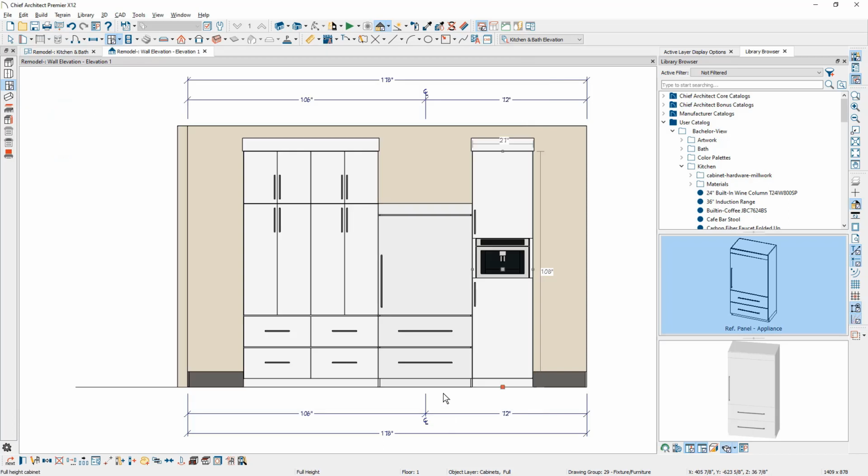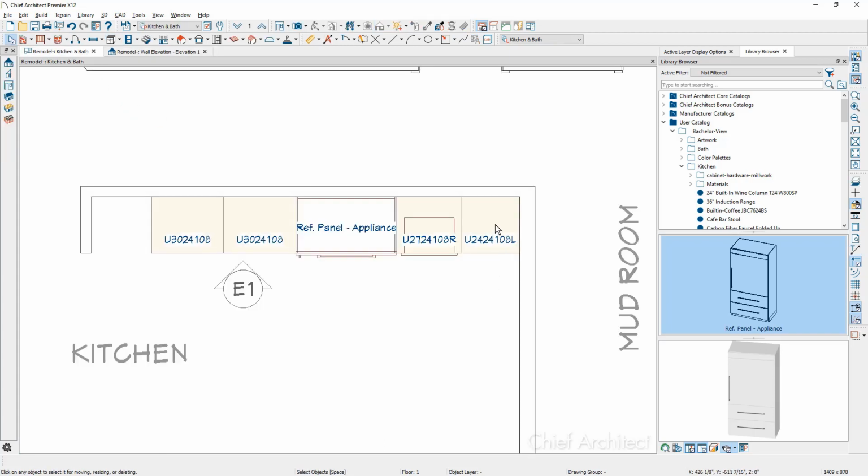Now for the next wall cabinet, I'm going to place it over here. This is somewhat of a unique design that I'm working on. I'm going to place the wall cabinet just next to the coffee station. And now I'm going to go back into the floor plan view, and I'm actually going to rotate and size this. Now for that cabinet, I'm going to go ahead and click on it. I'm going to rotate it 90 degrees. And then I'm going to go ahead and resize it.